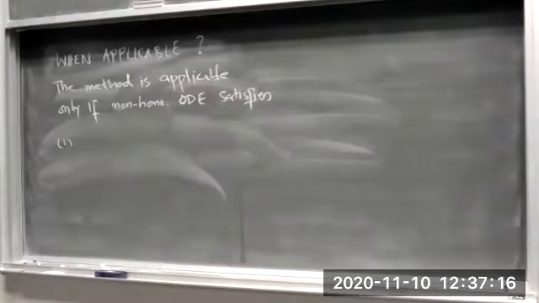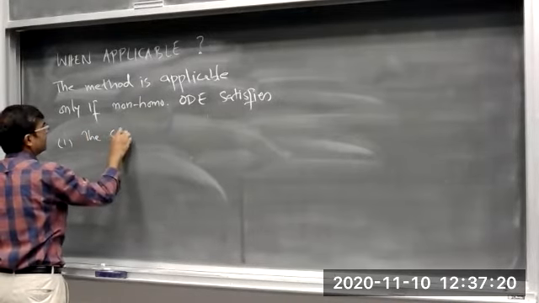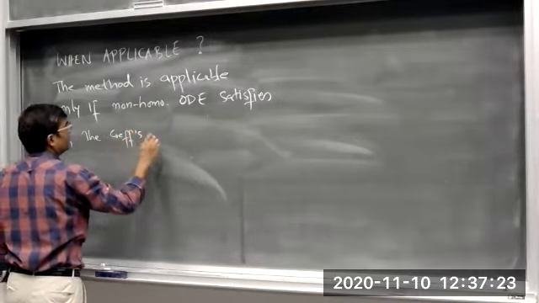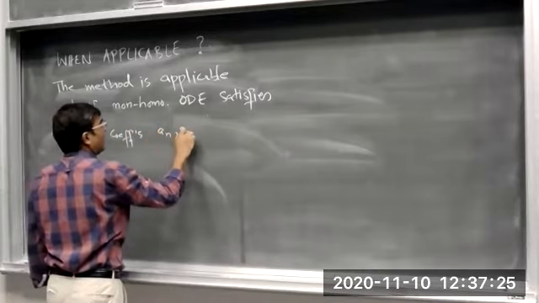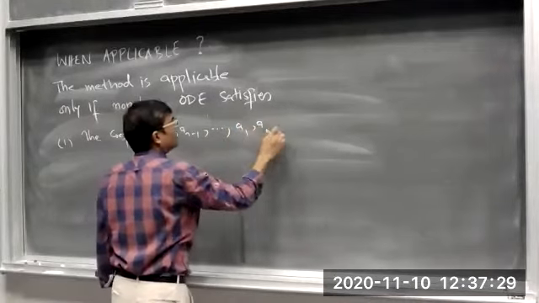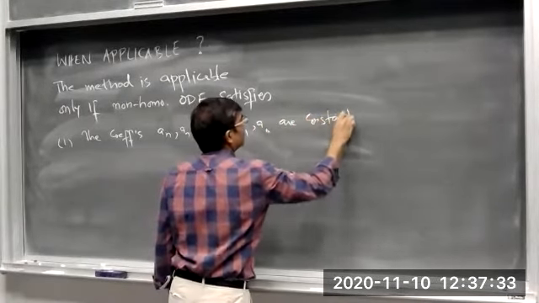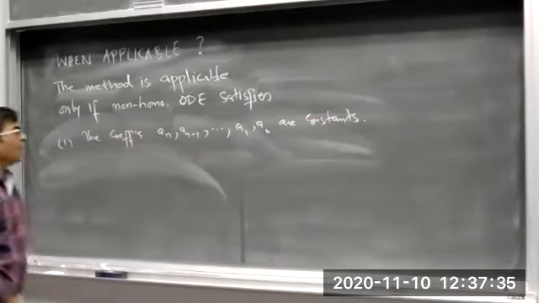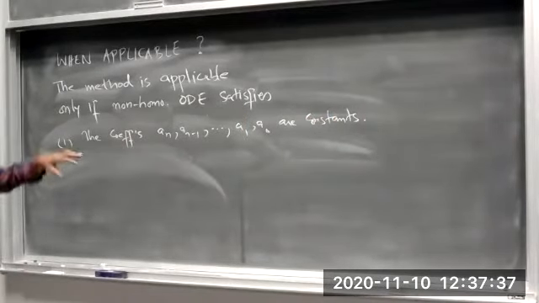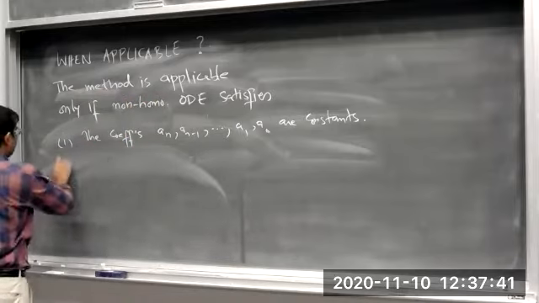The coefficients a_n, a_{n-1}, and so on, a_1, a_0, are all constants. We cannot apply this method if the non-homogeneous ODE contains variable coefficients. The second thing is,